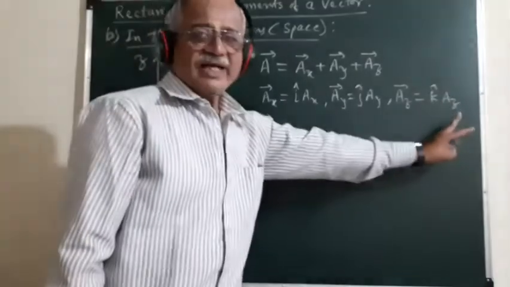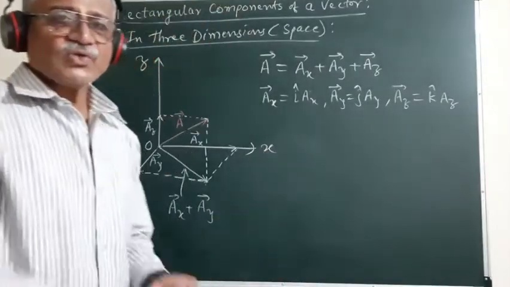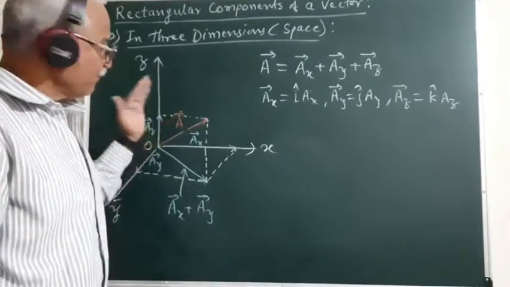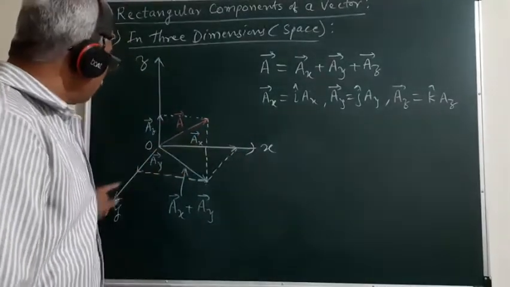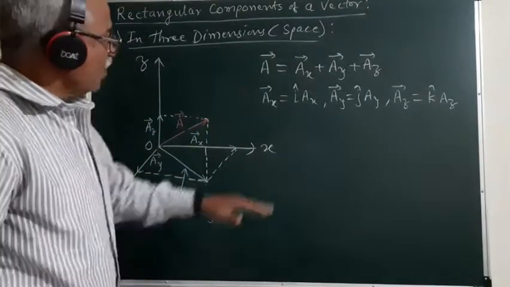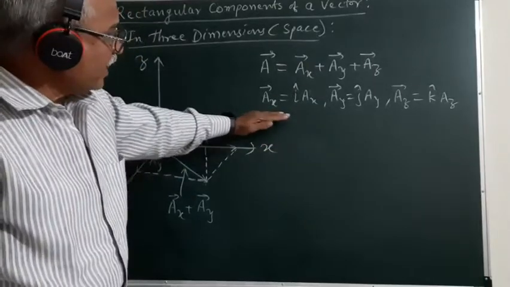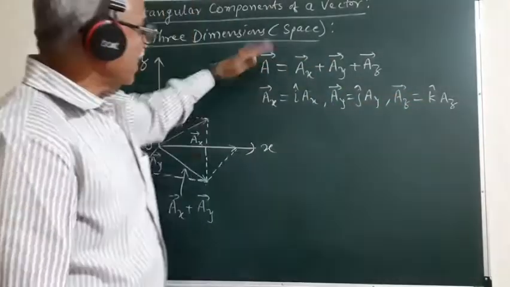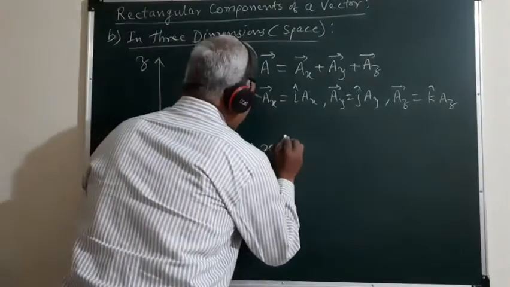Ax, ay and az are the magnitudes of the components of A bar along x direction, y direction and z direction. So, using these expressions for ax bar, ay bar, az bar in the above expression, we can express the